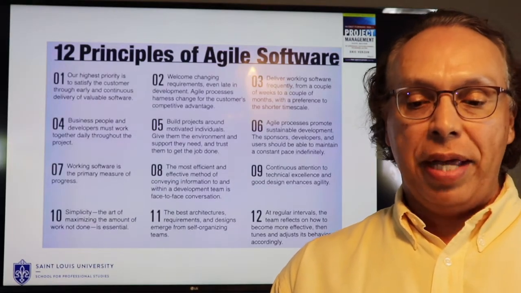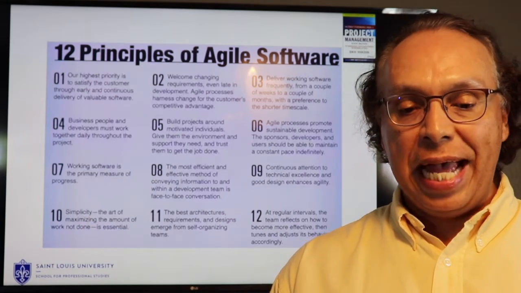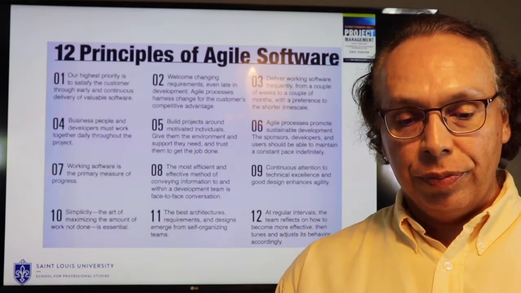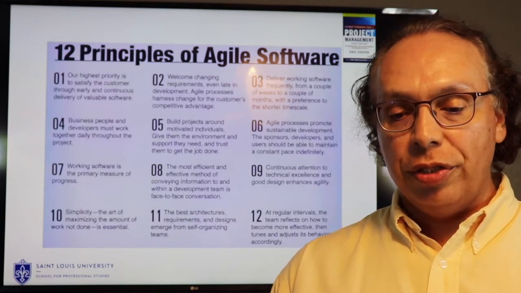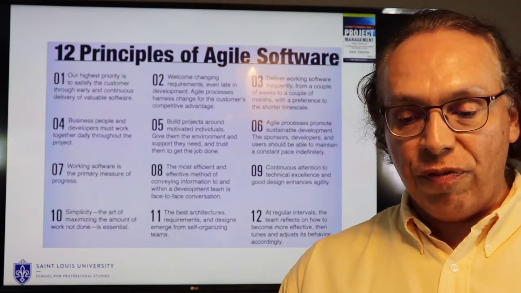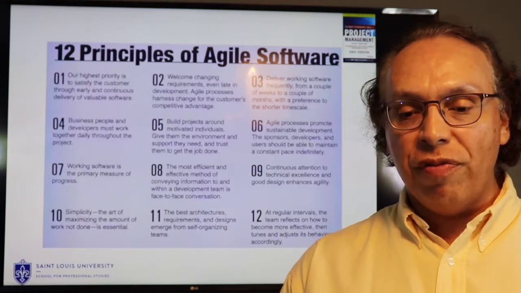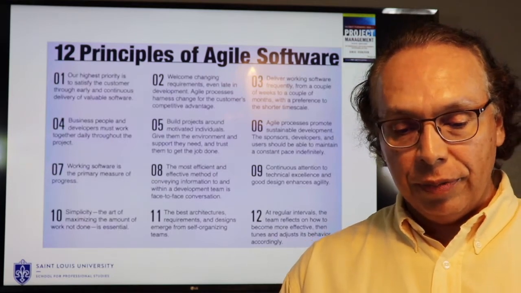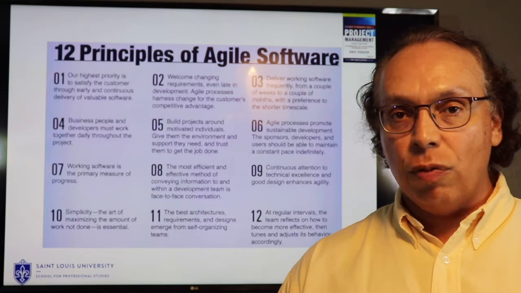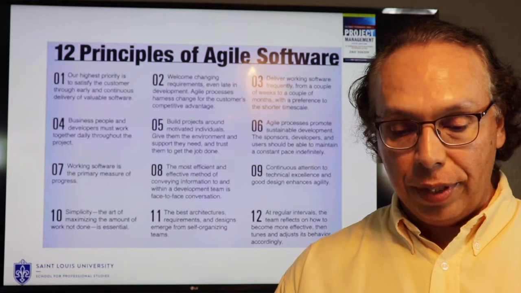Supplementing the core Agile Manifesto, the 12 principles further describe what it means to be agile. Number 1 focuses on satisfying the customer. Number 2 focuses on changing requirements. 3, we want to deliver frequently. 4, we want our people to work together daily. 5, we want motivated individuals on our teams. Number 6, we want them working in face-to-face conversations. Number 7, working software, or again, working product, is our primary measure of progress.